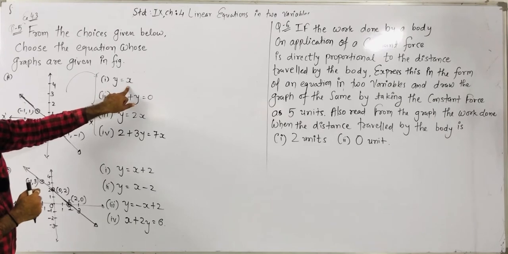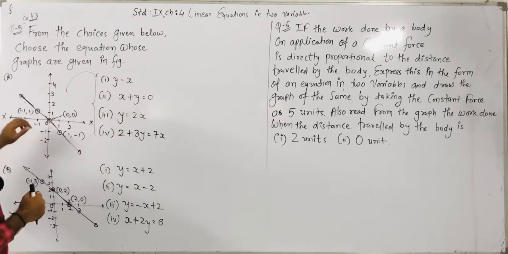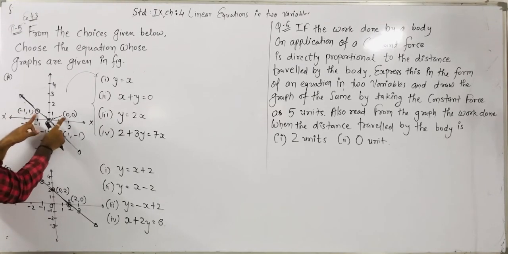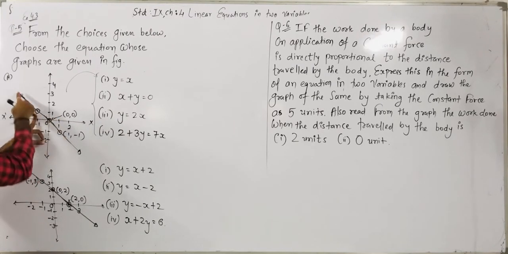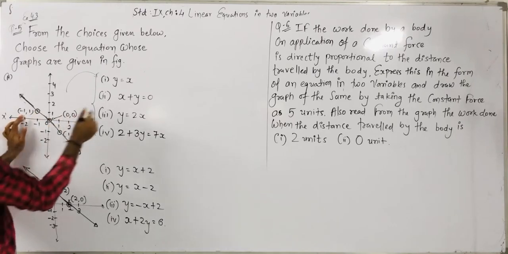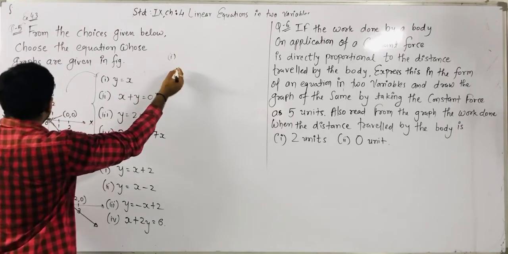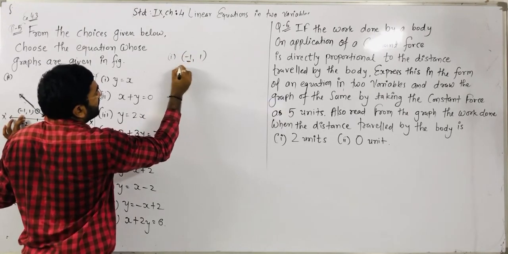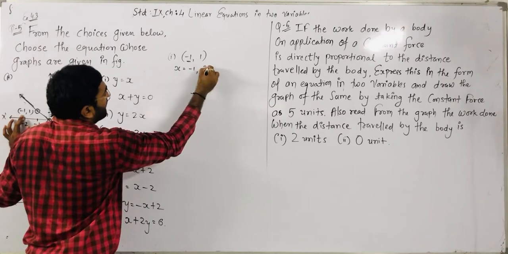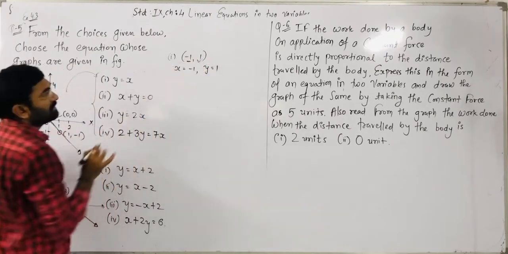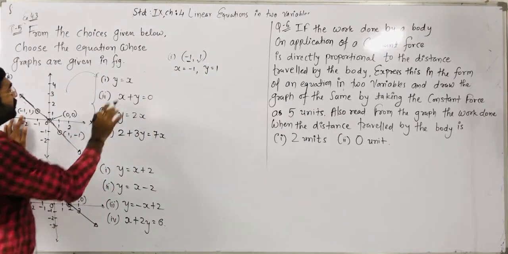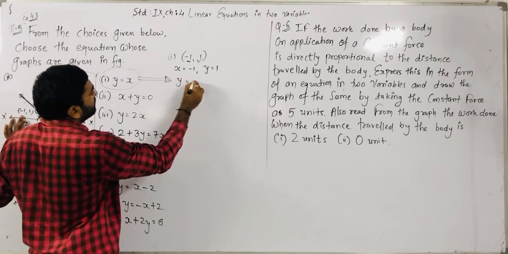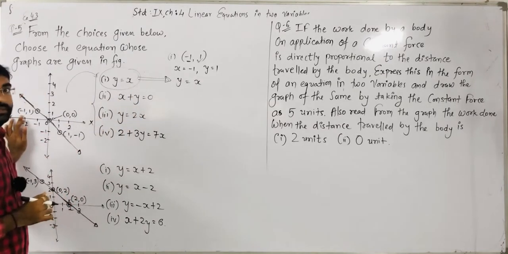So how can we check that the equation is satisfied? Suppose we take y is equal to x. If that equation's graph is this one, then it is satisfied by all these 3 points which lie on the straight line. First, suppose the point (-1, 1) is given. This is the x coordinate value and this is the y coordinate value. For checking, in the equation y is equal to x,